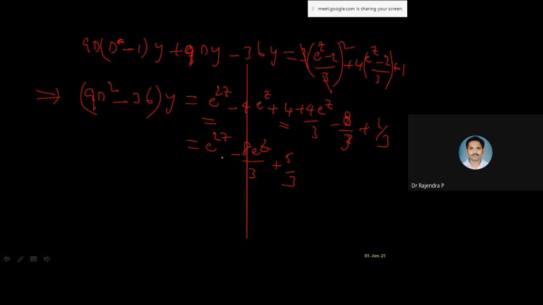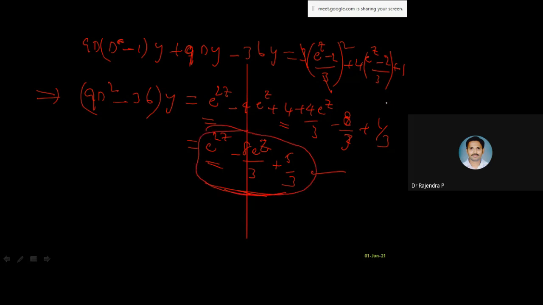5 by 3. So if you take LCM for 3 also, this is e power 2z, this is e power z, right? We can keep it as it is. Shall we keep it as it is? Yes, sir. Because this is a different function, and this is a different function. All these are different functions. We can do it like that, right? Anyway, you try to just simplify this.